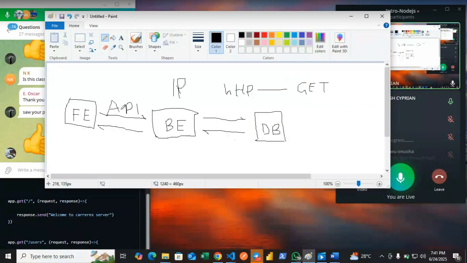So that is how the entire software operates. But as a backend developer, you are responsible for these two, the backend and the database, where your logic happens. This is where you are going to code the logic, the functionalities. This is where they are going to be in the backend. So any information you get from the front end, the user input, you are going to store them in the